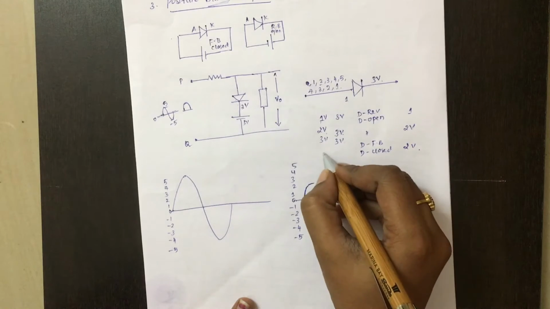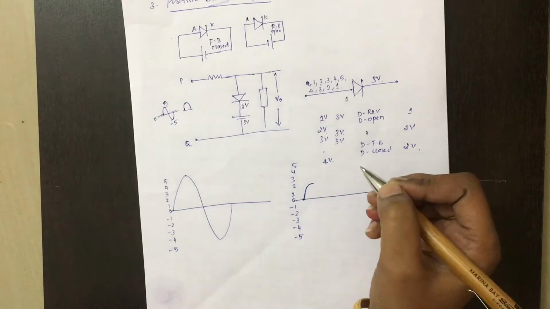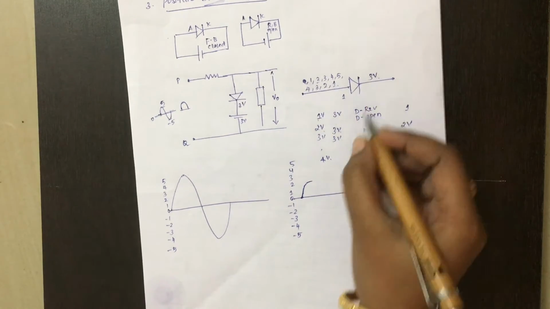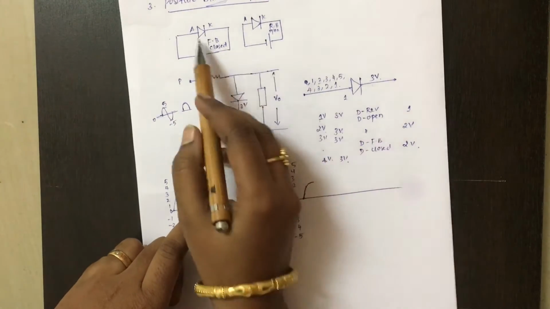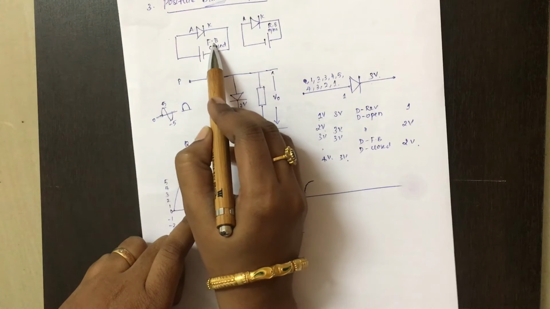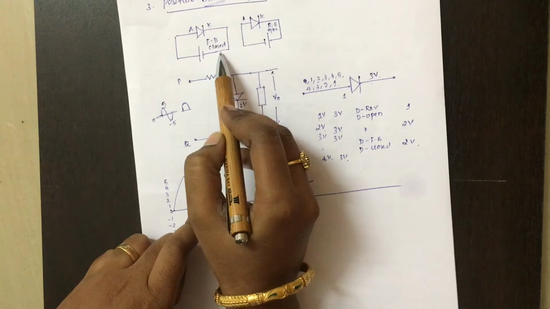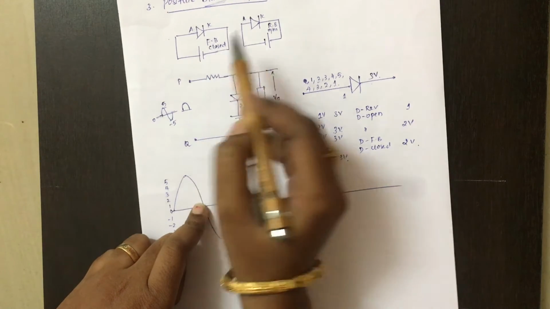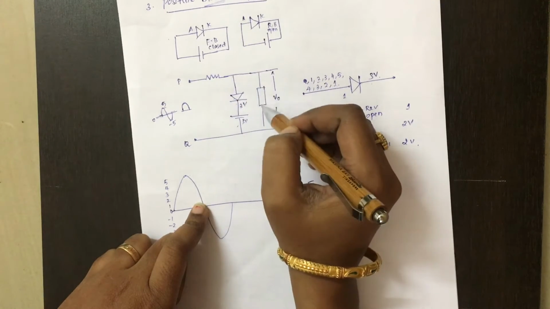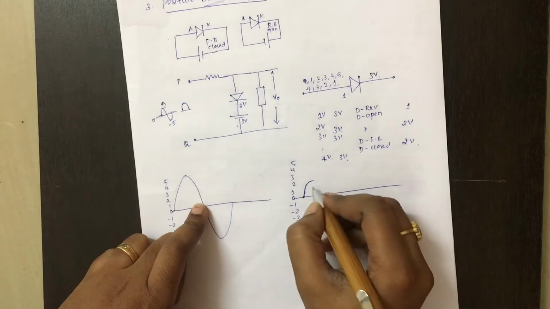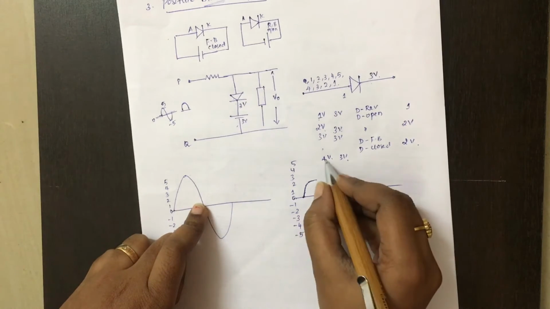Next you will be applying 4 volt. Again here 3 volt is present. So if you see here, anode is more positive. So if anode is positive, then it means that diode is forward biased and the diode is closed. So when this is closed, the entire current will flow across the diode and no current will flow across the output resistor. So you will not get output for even 4 volt.